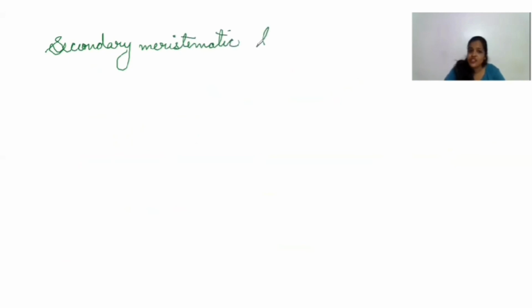This is quite interesting tissue again, because it is secondary meristematic tissue, but it is quite complicated. It is going to be involved in the primary growth of the plant plus in the secondary growth of the plant also. Mostly secondary one. So let me tell you, the secondary meristematic tissues are formed later from permanent tissues. Yes, these secondary meristematic tissues are the lateral meristems.